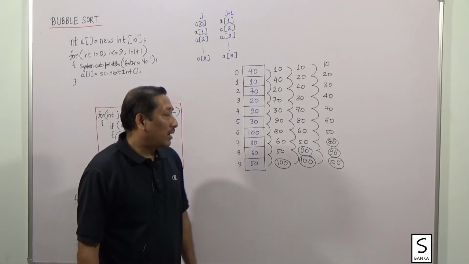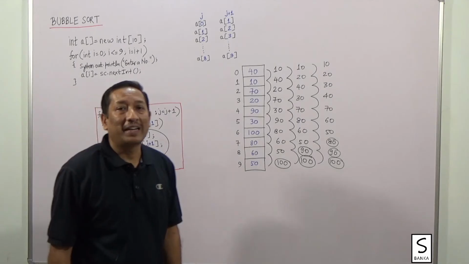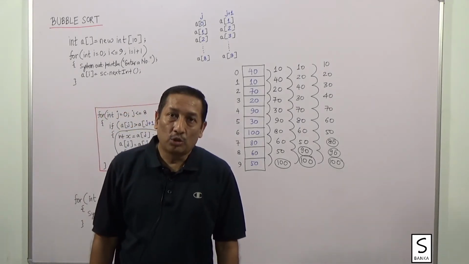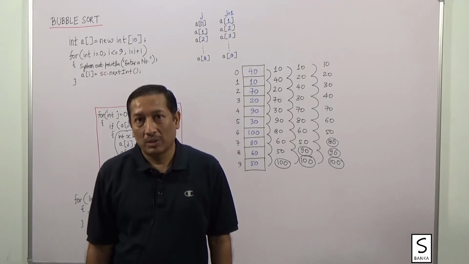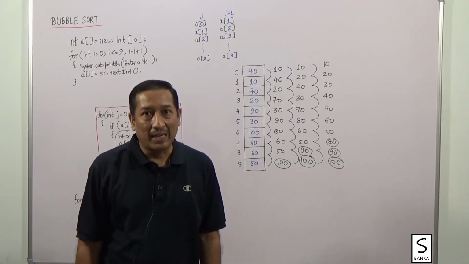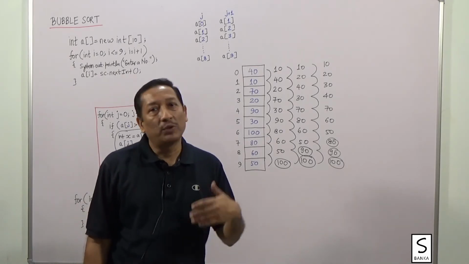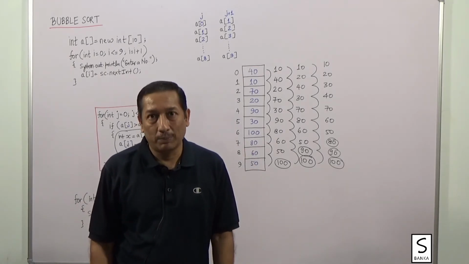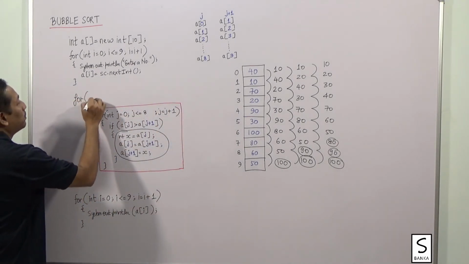Now here we can easily deduce that if in every round one number reaches its proper position, to arrange 10 numbers we need to repeat it 10 times. But no, we need to repeat it for 9 times, because if 9 numbers are at their proper location, the 10th one will automatically reach its proper position. So what I need to do is simply repeat this process